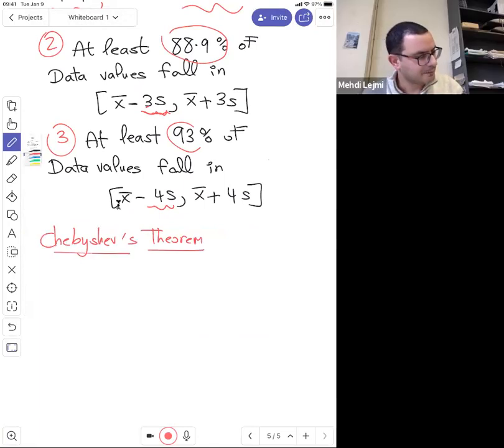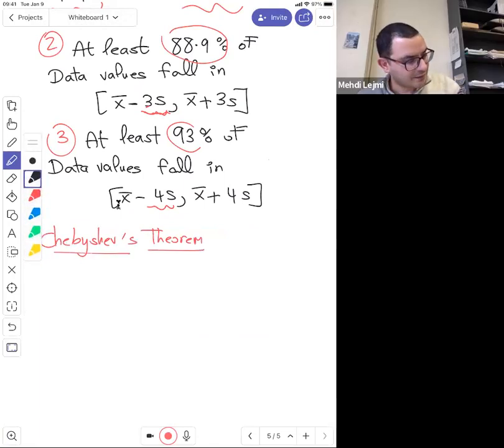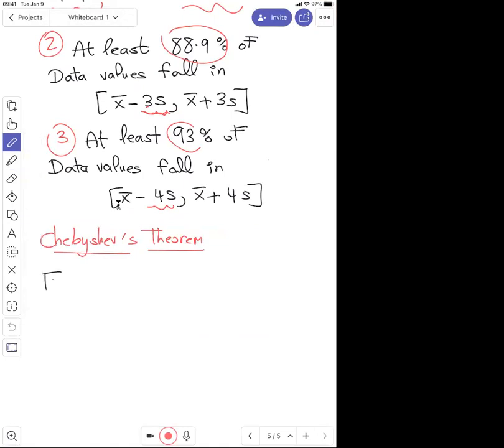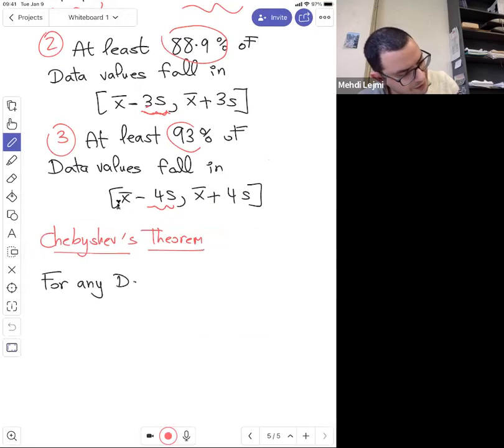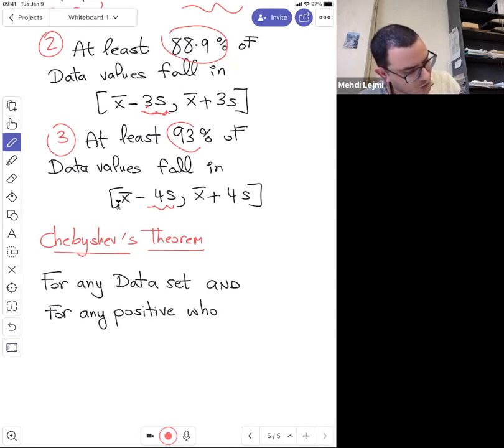For any data set, it doesn't matter if it's a sample or a population, and for any positive whole number, or integer, k, larger than 1, the proportion of data